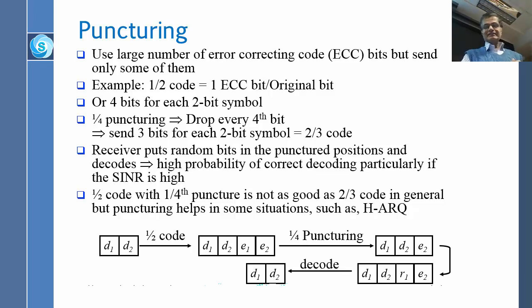Yes, it does increase the data rate. Yeah, and if you want to choose between E1 and E2, which one do you drop? I think it's just all the time fixed. It is fixed because the receiver will not know if you just drop second or third. Not only do you not know which bit was dropped, you don't know where to put R1. Right? So that